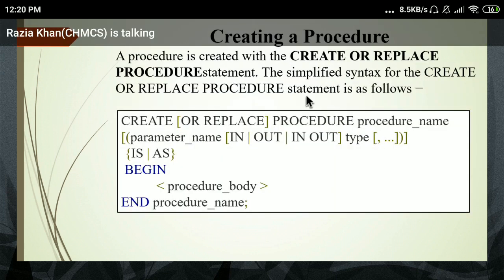Okay, just check. Everyone just check this begin part. This begin part is the same as your PLSQL. The starting part is different: create or replace, then procedure. This is compulsory. This is the same for every procedure: create or replace procedure, and then in the procedure name you have to write down the particular name.